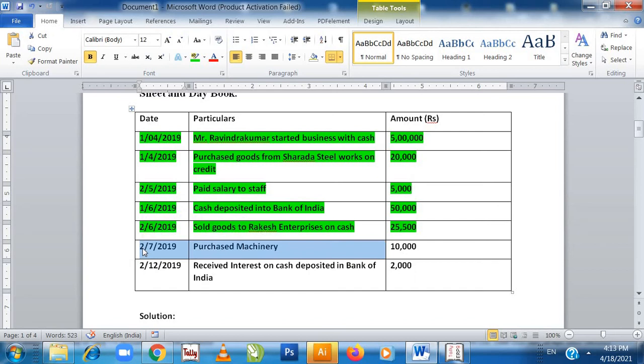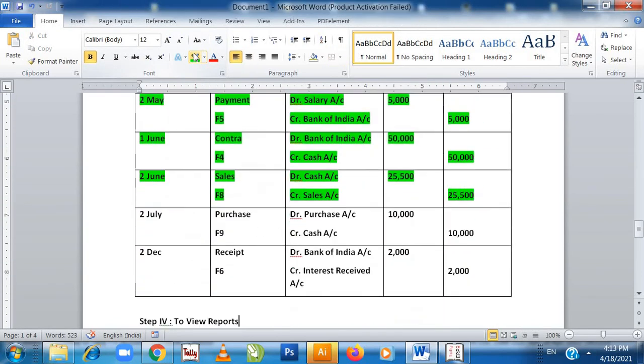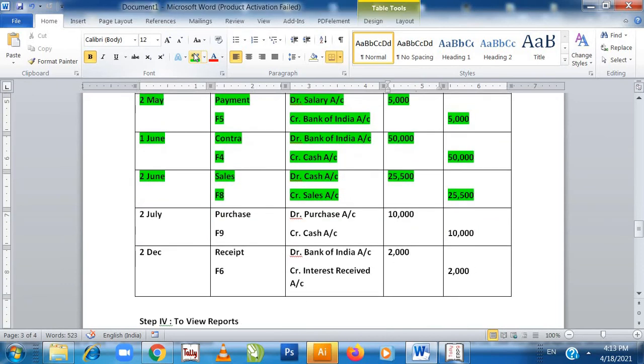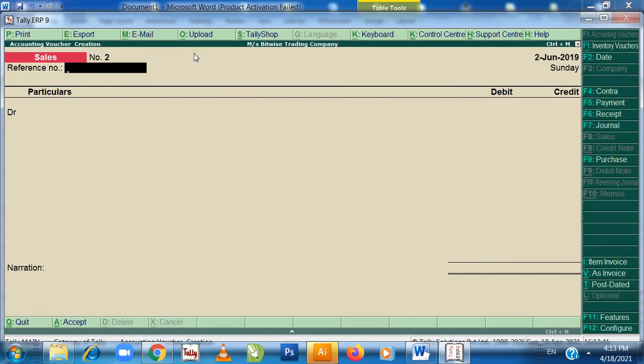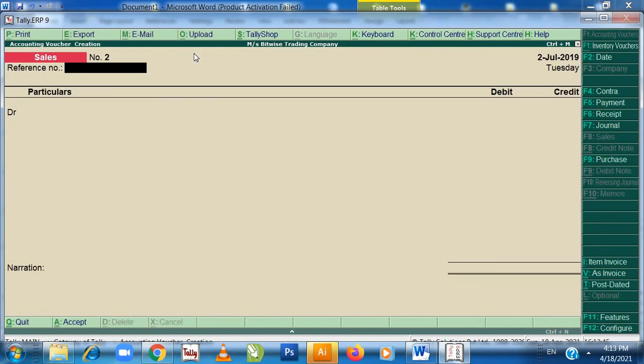Purchase machinery, purchase account debit to cash. I am just highlighting it. On which day has it happened? It has happened on 2nd of July. So F2, 2nd July, enter.